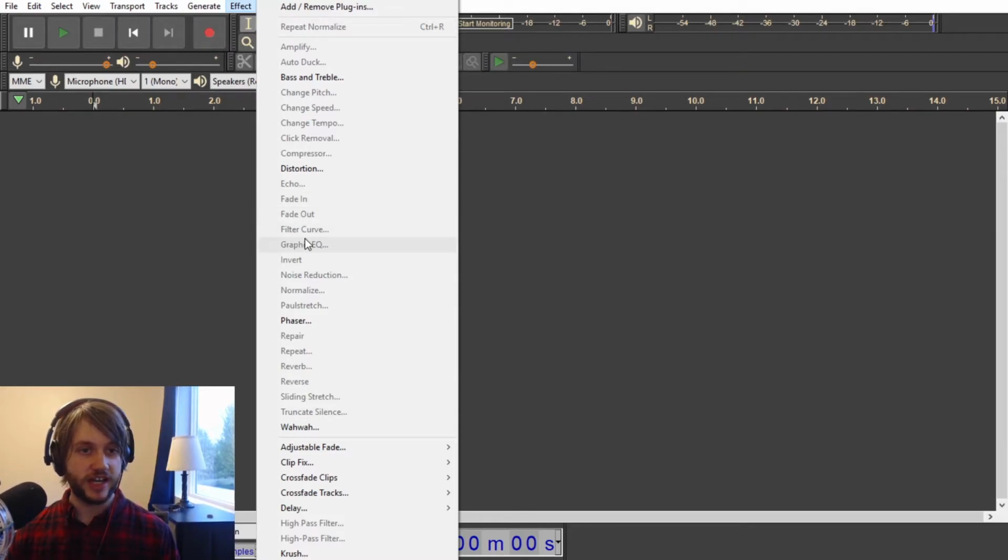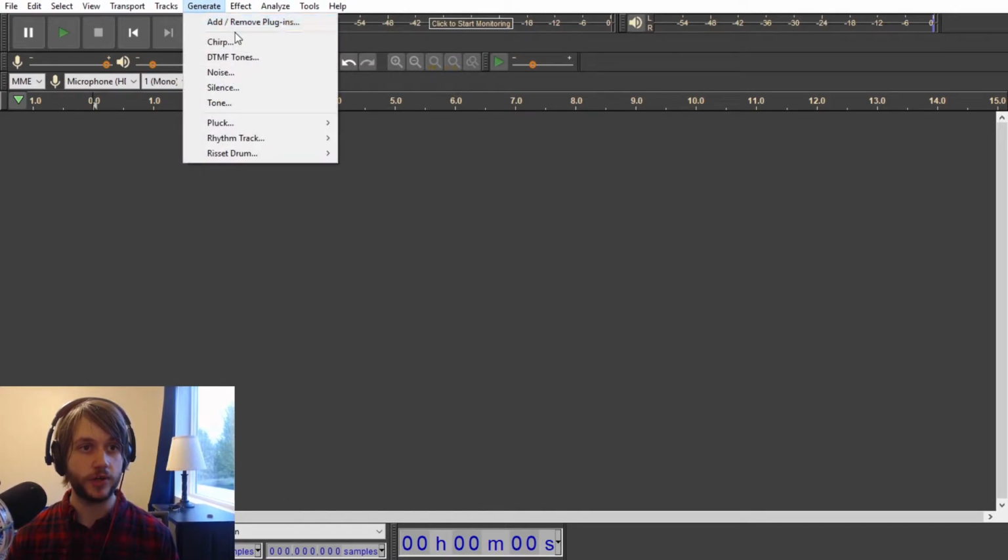Filter curve is great. It's a perfectly fine EQ. I think having some more presets added to it, or some more ways to create a roll-off or curve without having to add a ton of points, would be nice. Invert, pretty straightforward. The noise reduction is great. That is one of my favorite plugins in Audacity when you're dealing with